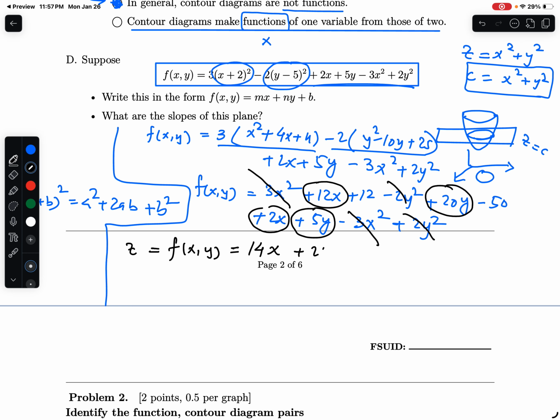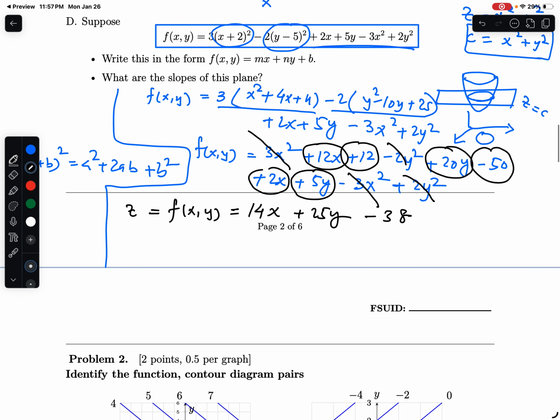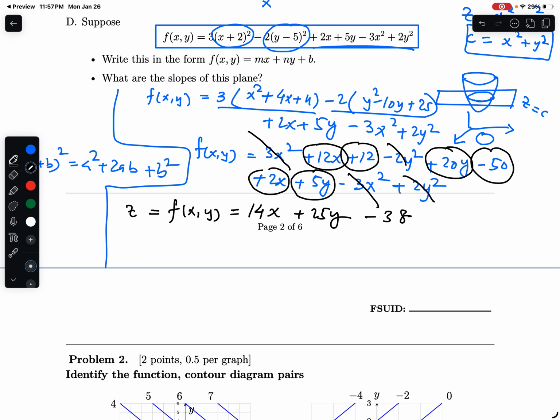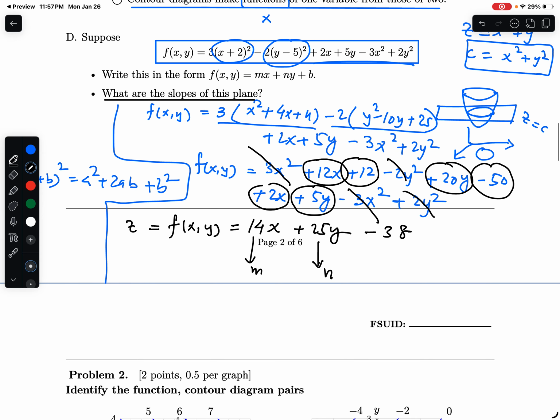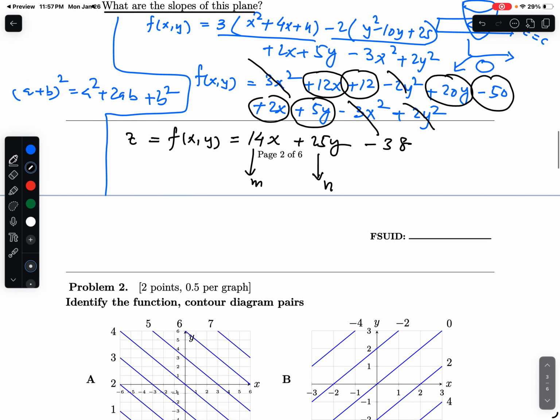And obviously the last one should be C. But if you want more careful analysis, then what you can do is xy plus 2 is equal to c. It means xy is equal to c minus 2. So y is equal to c minus 2 divided by x. You choose different values of c. For example, if c is 3, then this is 1 over x. And we know that this corresponds to